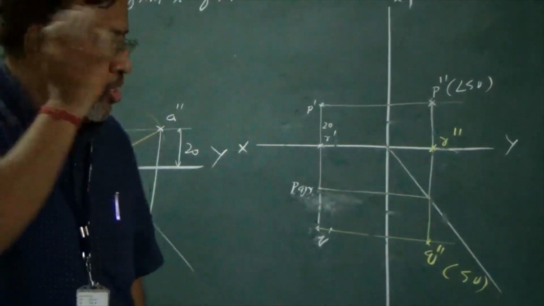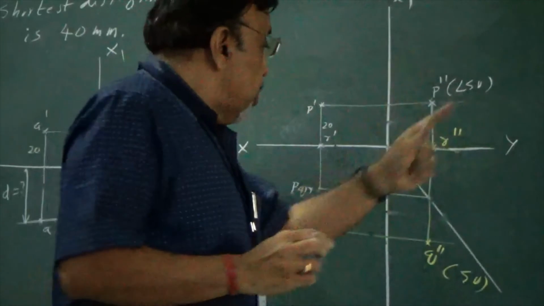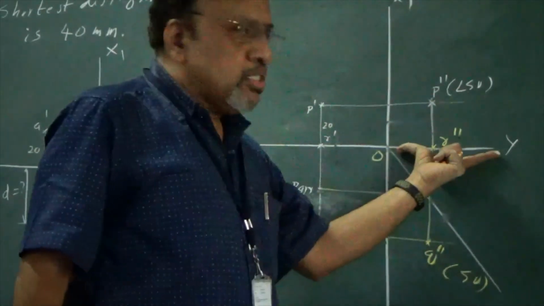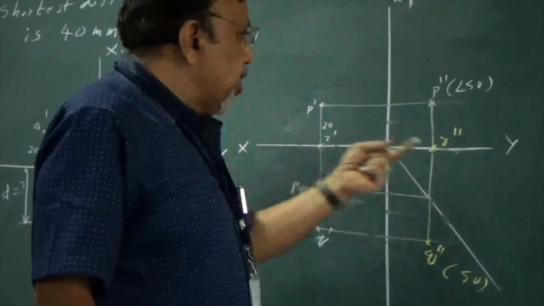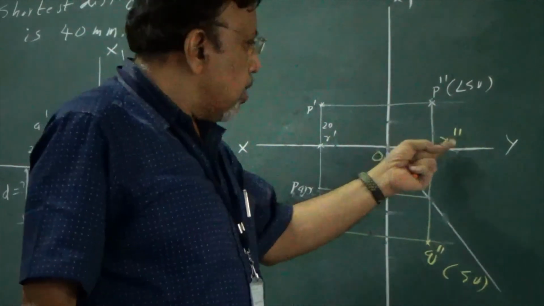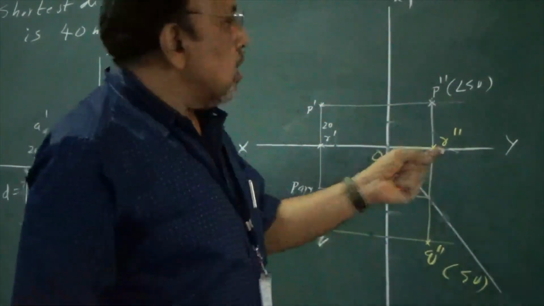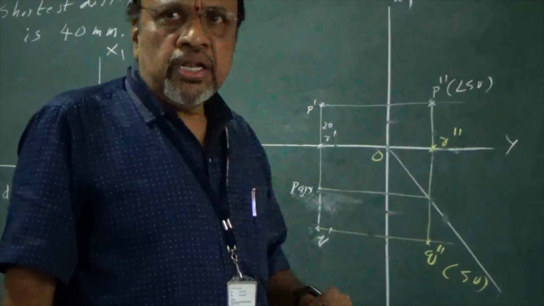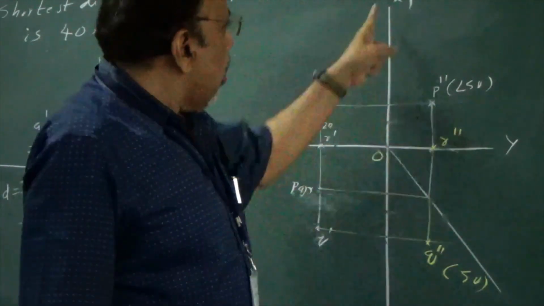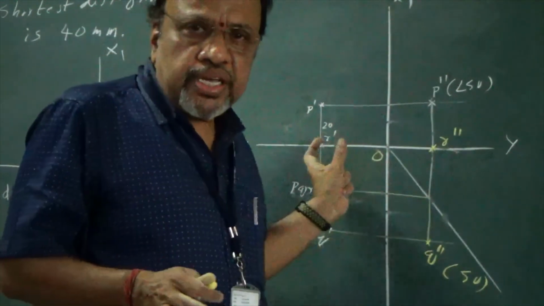Now we can observe, in the side view, we know that OY represents HP. Anyway, this point R is in HP now. That is the reason I get R double dash on X1. If I say the point is in VP, then I would have got that side view on OXY itself. Is it clear? Thank you.